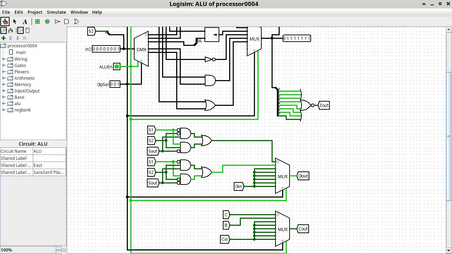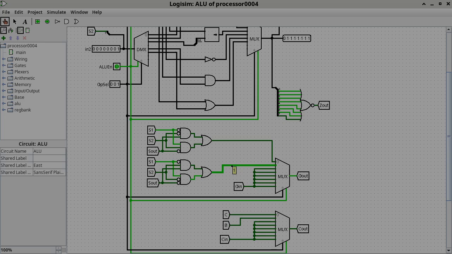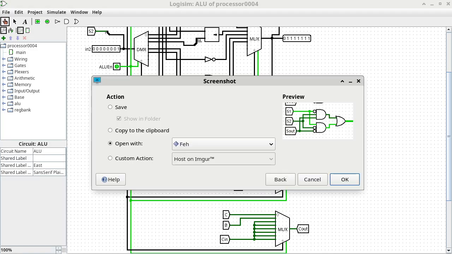I stand corrected, because this is the one for the subtraction. This is for addition, which we're not doing. This is for the subtraction. Okay, that's my bad, I do apologize. So what I'll do is take a snapshot of this,